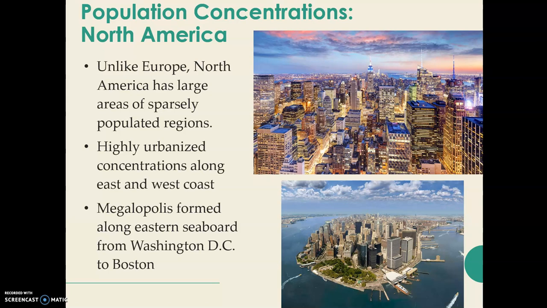And really, the United States East Coast has one of the largest megalopolises on Earth, and arguably the only. You basically would go from Washington, D.C. through Boston. So that would include New York, that would include Baltimore, that would include